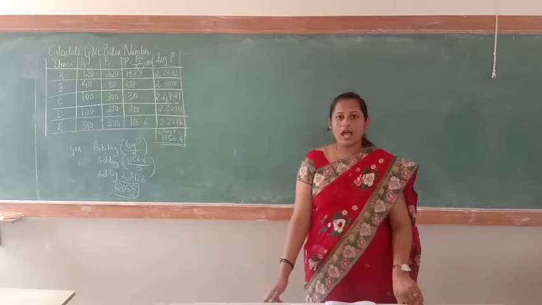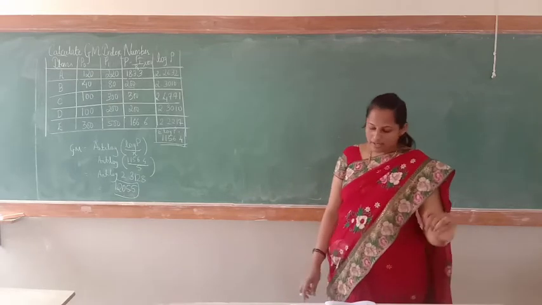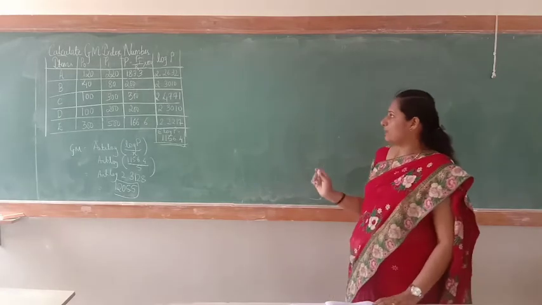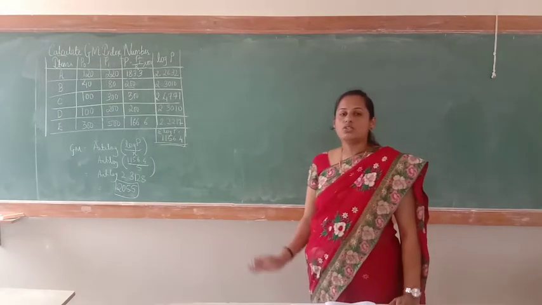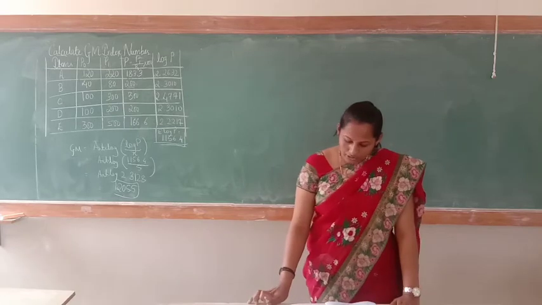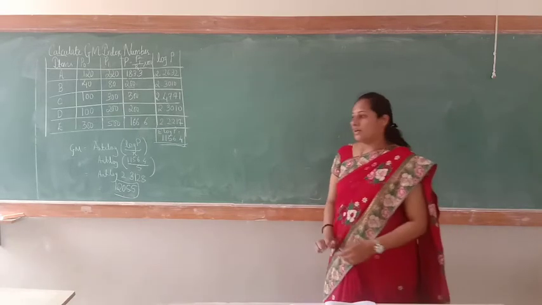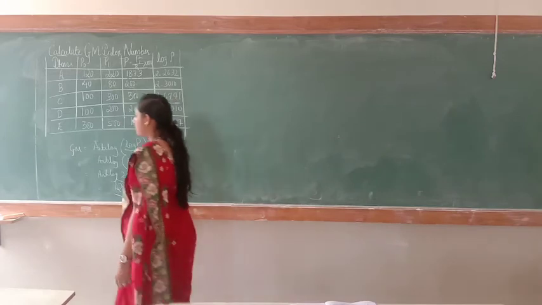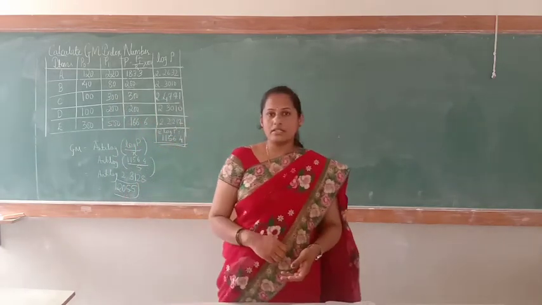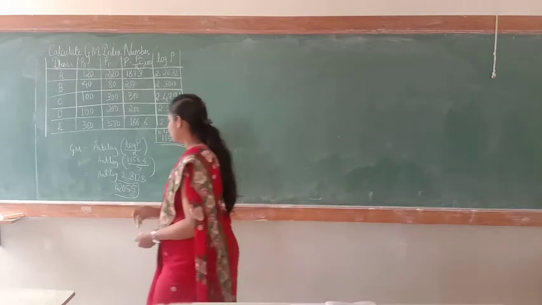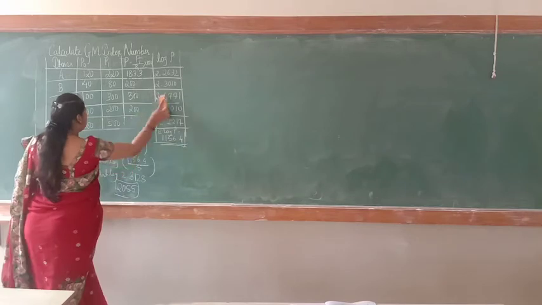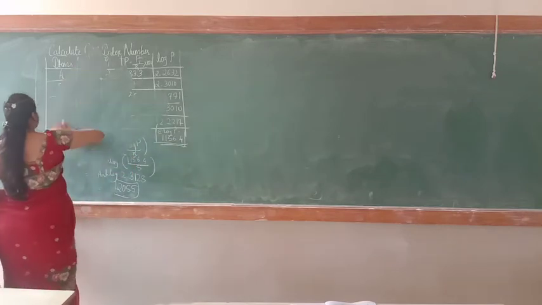Simple aggregative I have told you. Then we have seen simple average of relatives. In simple average of relatives, we have solved arithmetic mean as well as geometric mean. So one part is completed. Now the main part, you have to come to weighted. In weighted, a 10 marks problem will be asked. So before starting that, I will give some notes. For 2 marks they may ask in the exam, so you have to note down these points.